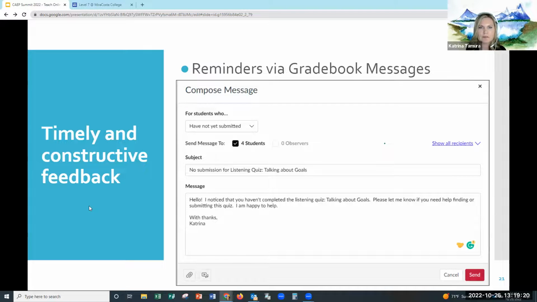Another thing that Christy was mentioning is about giving nudges. And one of those kinds of nudges with feedback is actually entering a 0. It's not helpful to students if they look at their grade book and they see no score there. If we haven't received a submission, we do need to enter our zeros. And we can go to your LMS and to the grade book. This is true for Canvas.